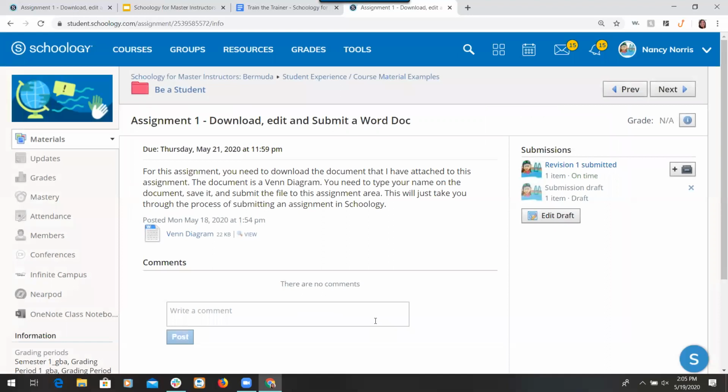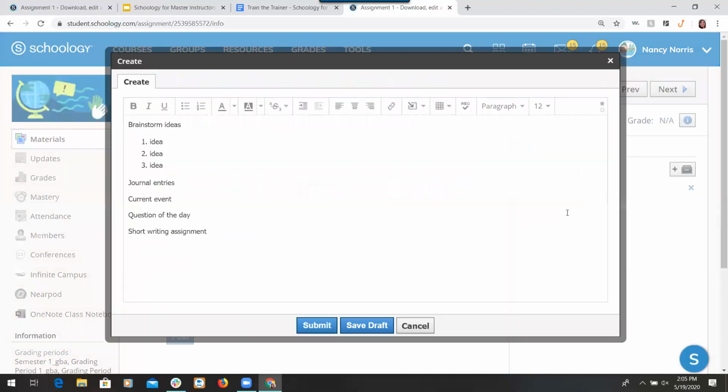So if we worked on it in class, let's just say it was a brainstorming, we had brainstorming time for our research projects, and my student didn't get done. That's all right, save it. Study hall, library time, back at home. It's not due till Friday. Open it back up, click Edit, and then finish it. Now, before I click Submit,